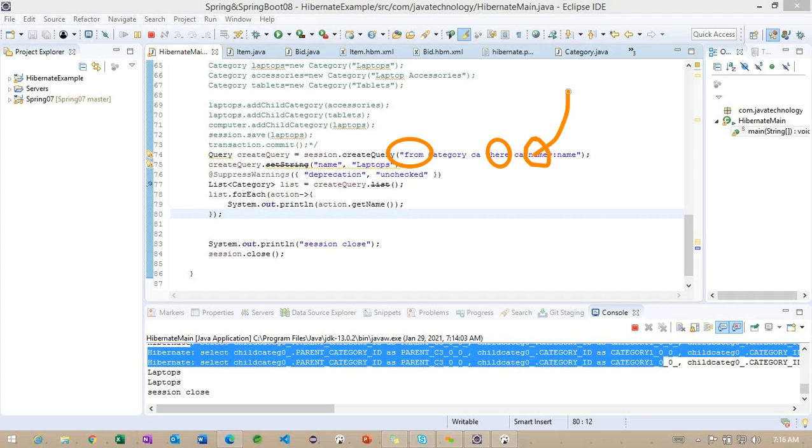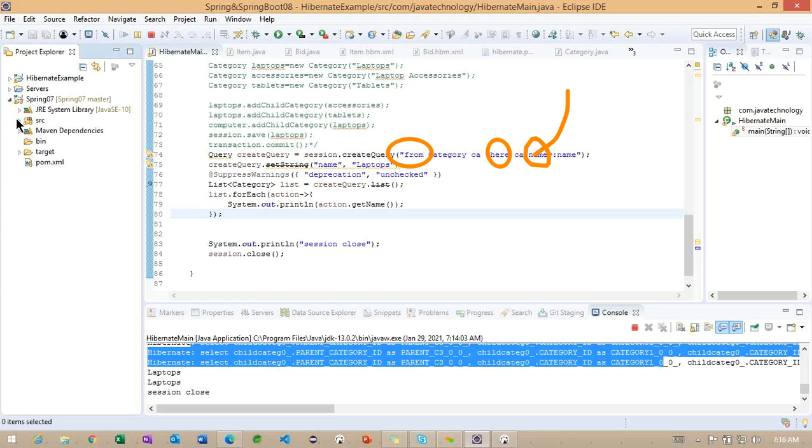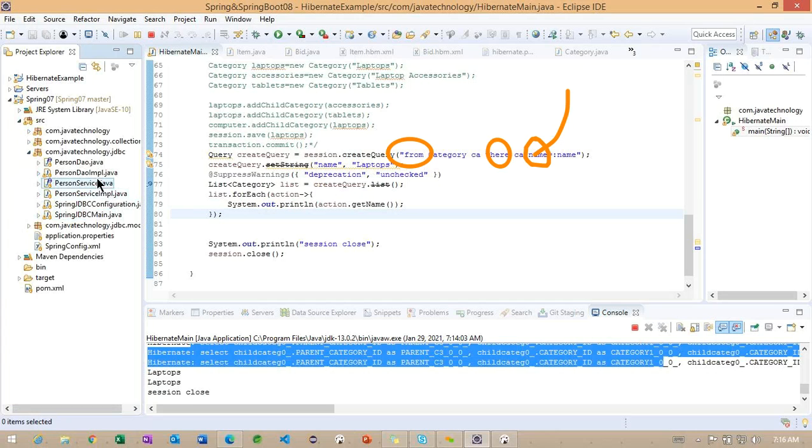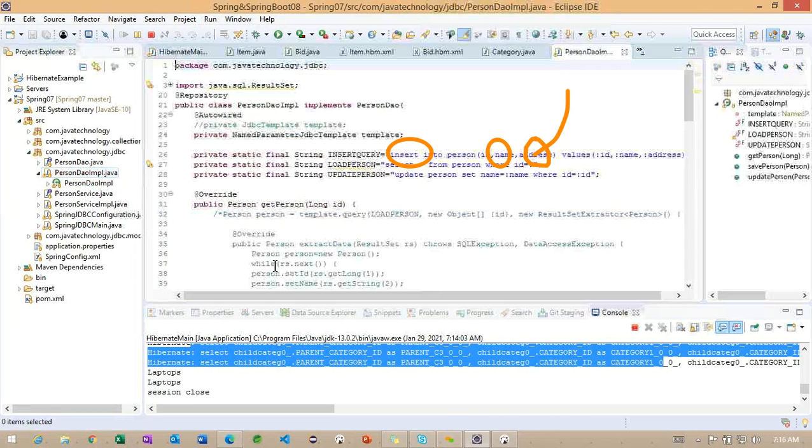But observe in the normal example when we are going to work with JDBC, let me open the previous example which we have seen. So JDBC person DAO IMPL. You can check here update person, name of the person name and where ID we specified.